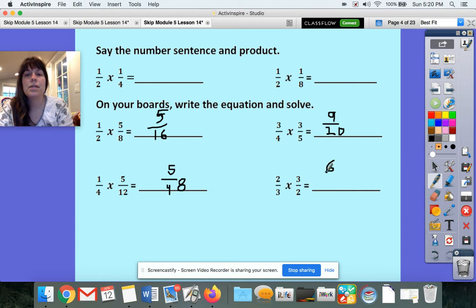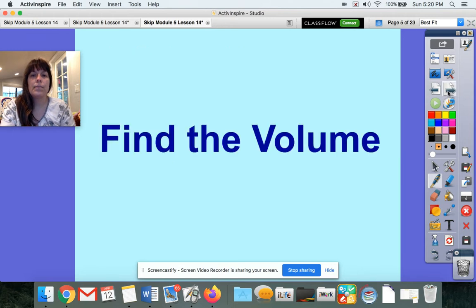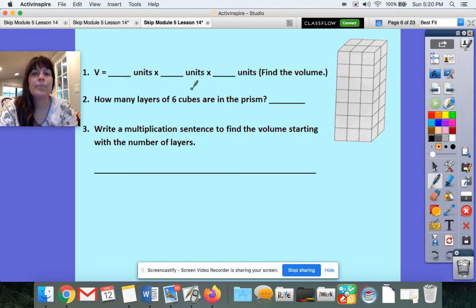Answer 6/6. Is that in simplest form? No. It should be whole number 1. Okay, find the volume just like we did yesterday. We're thinking about decomposing the shape into layers. So the volume of this figure could be described as how many units by how many units by how many